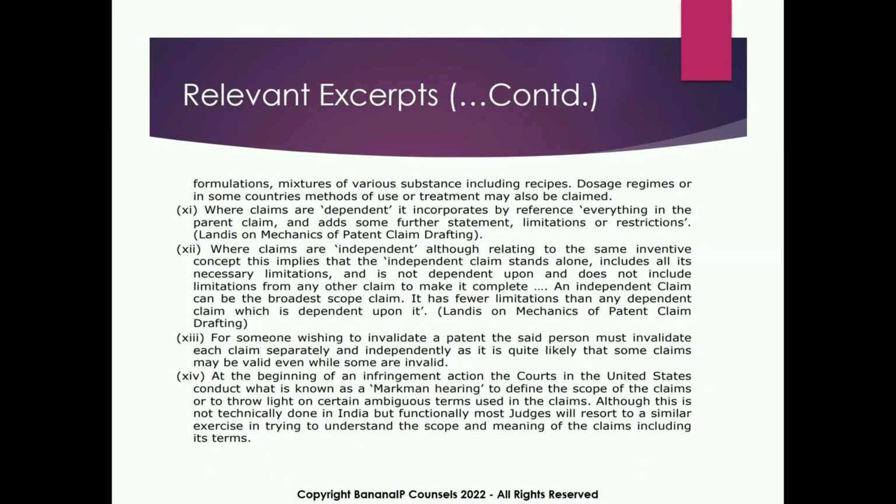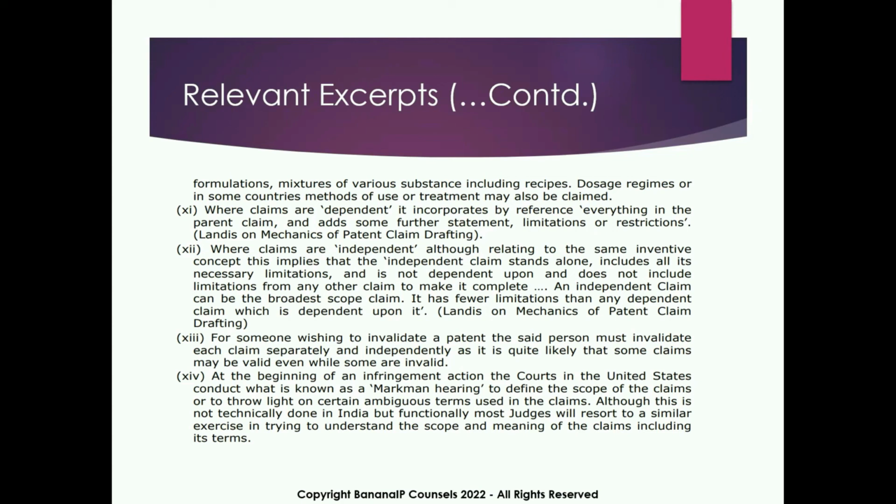The next point is that where claims are dependent, a dependent claim incorporates by reference everything in the parent claim and adds some further statement, limitation, or restriction. So these are nothing but the dependent claims. This will depend from another claim, either an independent claim or a dependent claim. So by referring to another claim in a dependent claim, it means the dependent claim includes everything from the parent claim or the mother claim,